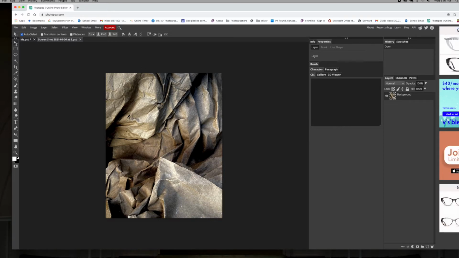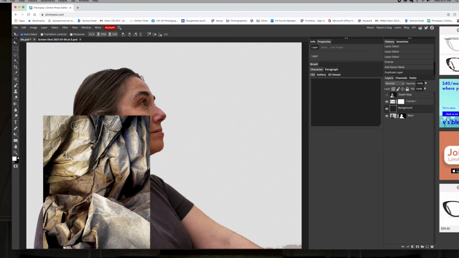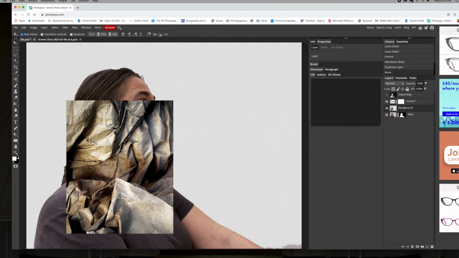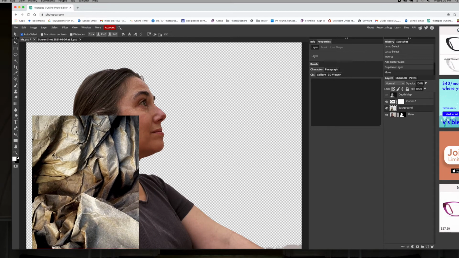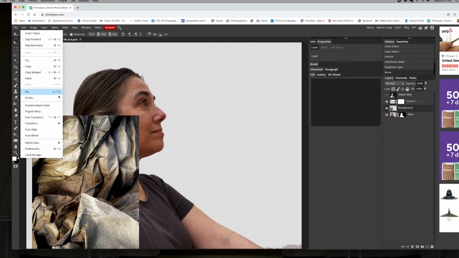All right, well, I'm going to go to my Move tool, and I'm going to click and drag my picture over to the tab and bring it over to my new picture. Now this is actually a screenshot of my picture that I had put on Instagram. So I didn't have the original, so I'm going to use this screenshot of my picture from Instagram. Okay, so I'm going to go to Edit, Free Transform,